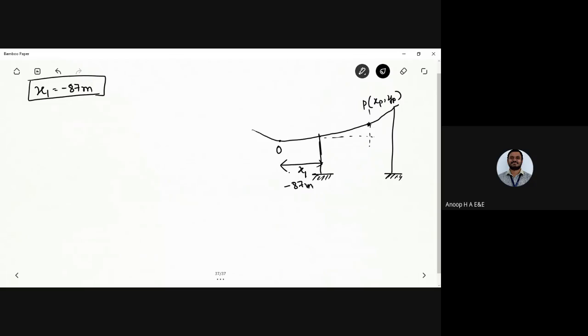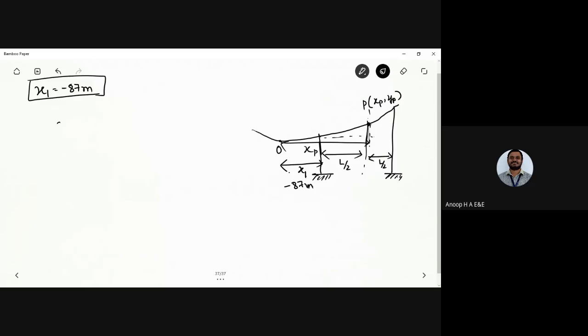Next, this is more or less like a midpoint. This is L by 2, and this one is also L by 2. Are you getting this point? Because this is the important step here. This distance from the lowest point on the conductor is generally called xp, and this one is called yp. So we have xp and yp, and L by 2 and L by 2, and a point on the conductor.